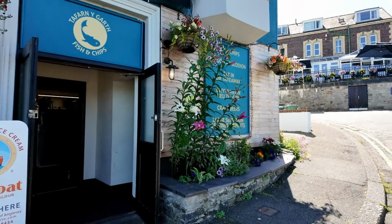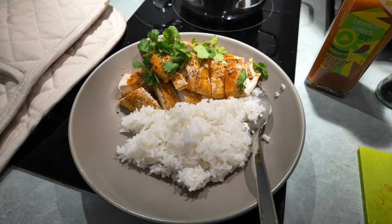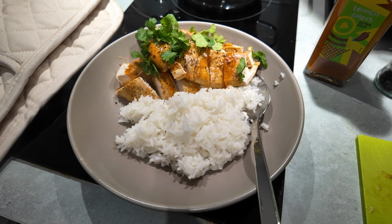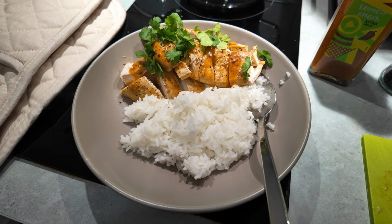I'm manually cooking some rice. At home I have a rice cooker, but obviously here I don't. And I marinated some chicken. These are thighs and legs and breast. They're marinating in Nando's peri-peri sauce. And I'm going to place them here and put them in the oven. This is Sian's portion. He likes lean meat, so he gets chicken breast. And I usually serve this with steamed broccoli, but we didn't have any in the fridge, so